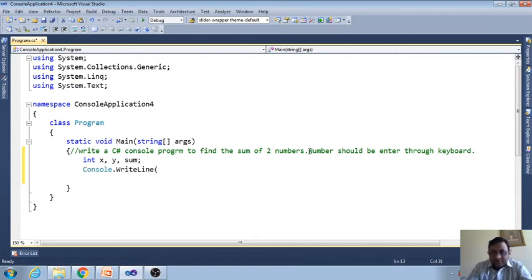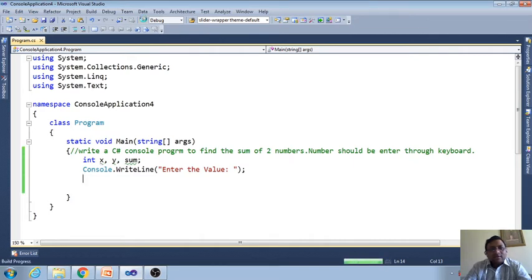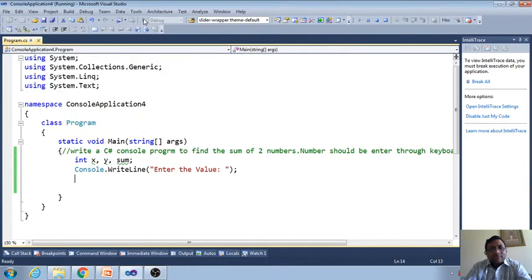Whatever information you want, write it in double quotes: "Enter the value", or whatever information you want. If you run this program now, the user will get the information, enter the value.